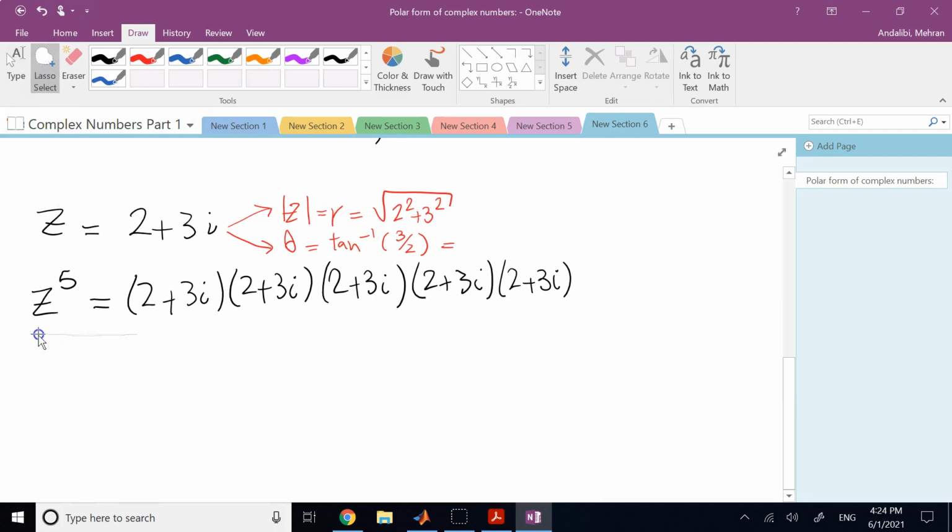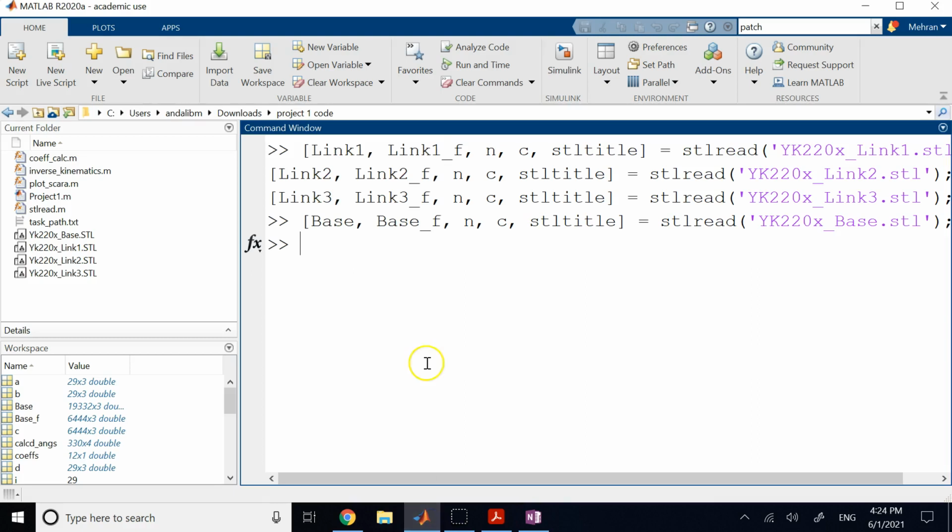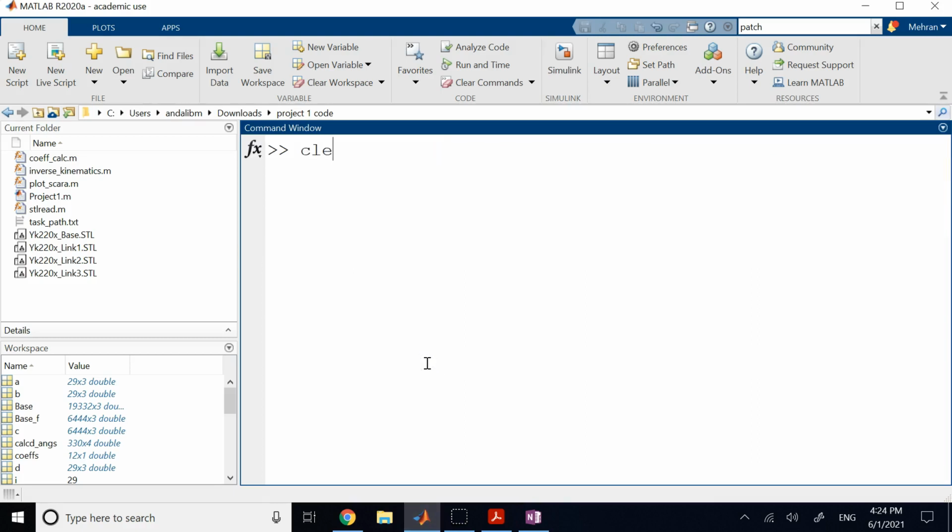And as I said, it is not a good strategy to use the distributive property and keep multiplying. I don't recommend you ever do that, especially when the power is more than 2. So clearly I can easily calculate them. And by the way, here is the good part to use MATLAB. If you have complex numbers, how would you work with them in MATLAB? So here